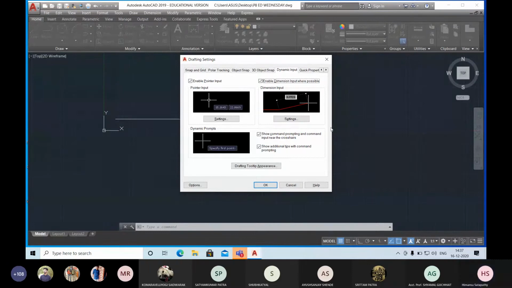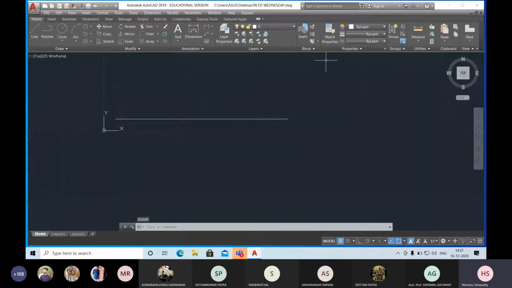So this is your first setting, dynamic input. The second setting is F3. Sometimes, if you want to draw a line from the starting point, can I see the starting point? No. What are the options that can be used in the snap mode? You can see the starting point, the midpoint, the end point, you can see all the options, and during measurement also this point is required.